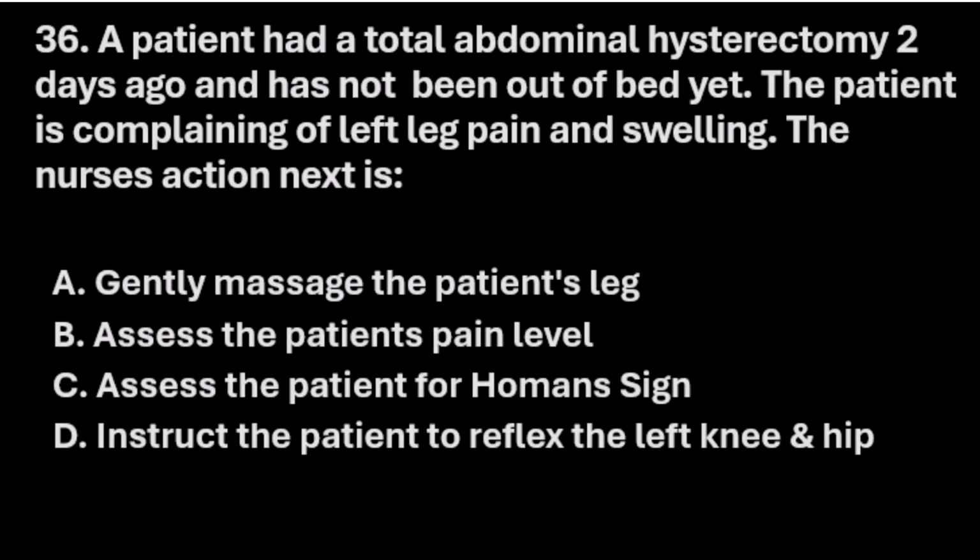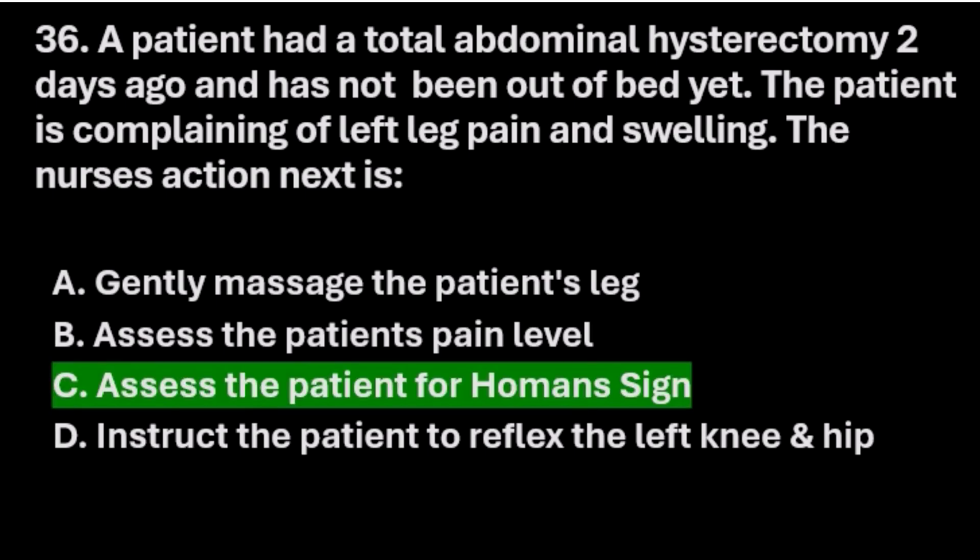Next question. A patient had a total abdominal hysterectomy 2 days ago and has not been out of bed yet. The patient is complaining of left leg pain and swelling. The nurse's action next is option A gently massage the patient's leg, option B assess the patient's pain level, option C assess the patient for Homan sign, and option D instruct the patient to flex the left knee and hip. The right answer here is option C assess the patient for